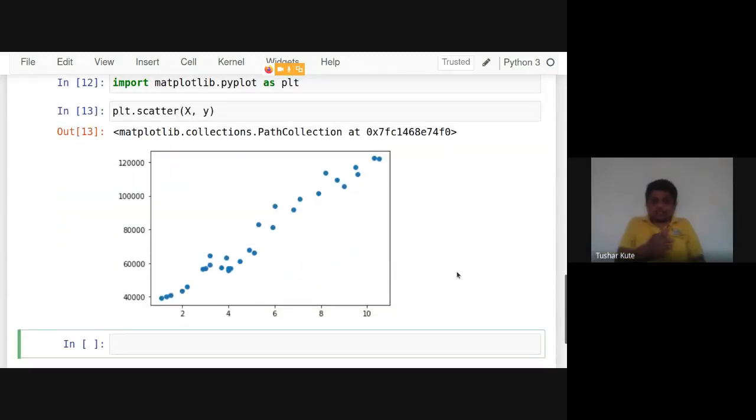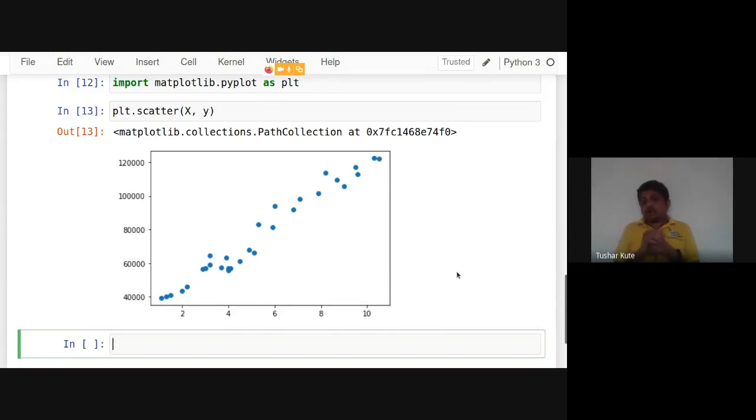Experience is on the x-axis, which is 2, 3, 4, 5, 6 till 10, and on the y-axis I have given the salaries. See, now linear regression will find a perfect line which will summarize all the points present there, and we will have deviations also. That deviation is called the residual error. So on the x-axis I have experience, on the y-axis I have the salaries of the respective persons whose data is presented over here. Get it? So you can check it is linearly connected.